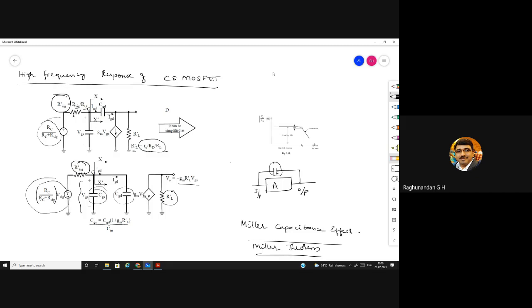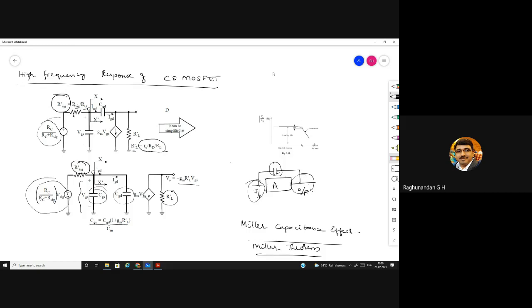According to Miller theorem, the capacitance between the input and the output will be shared among the input circuit and the output circuit. But we cannot say the effect of this capacitor will be equal at the input and the output. Some part will have an effect on the input, and the remaining part on the output. The major part will have the effect over the input compared to the output.